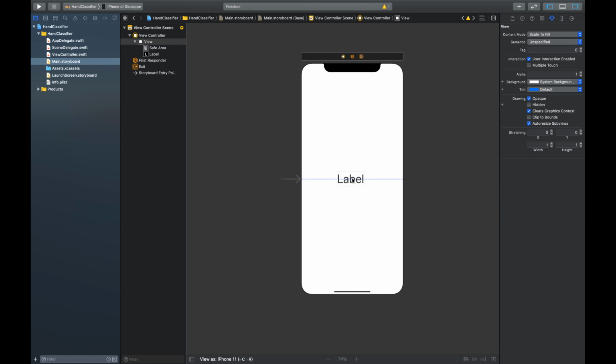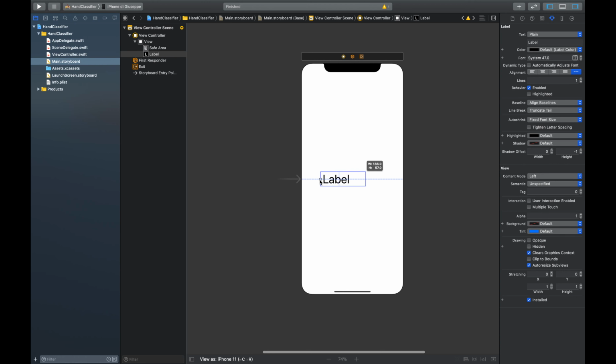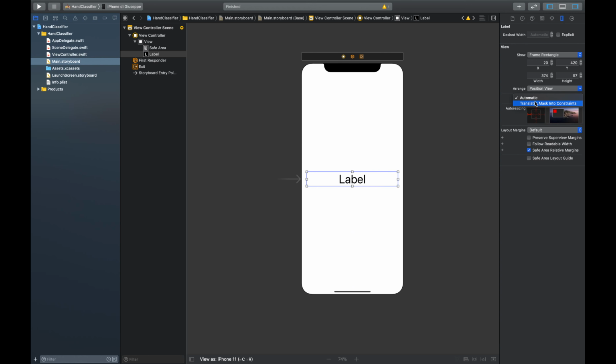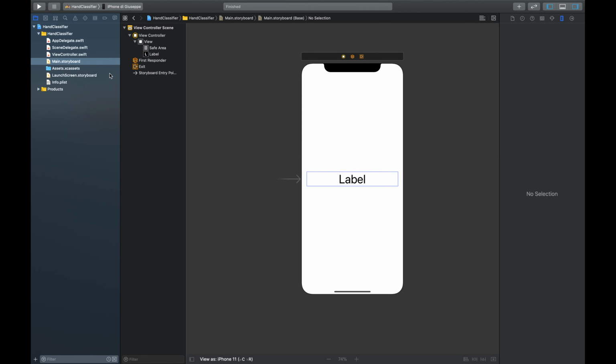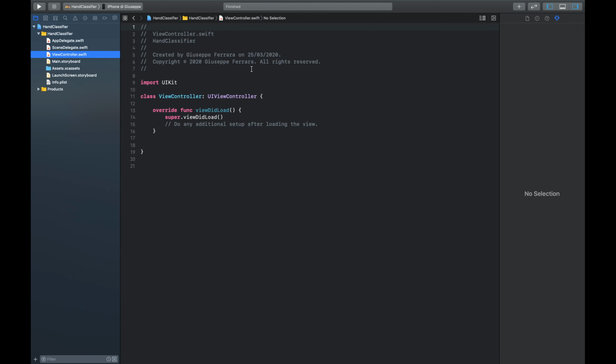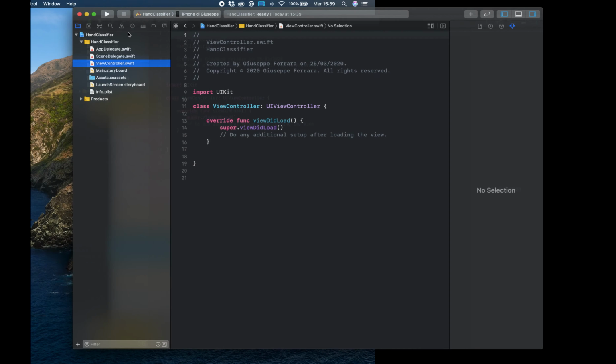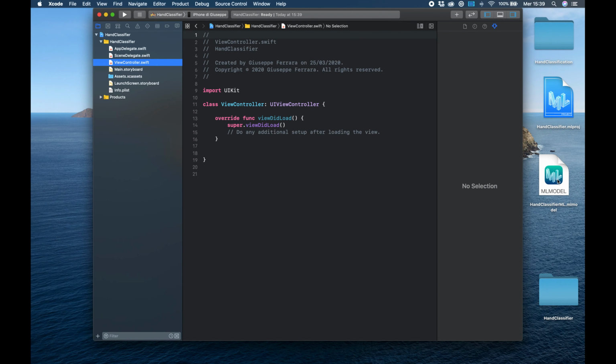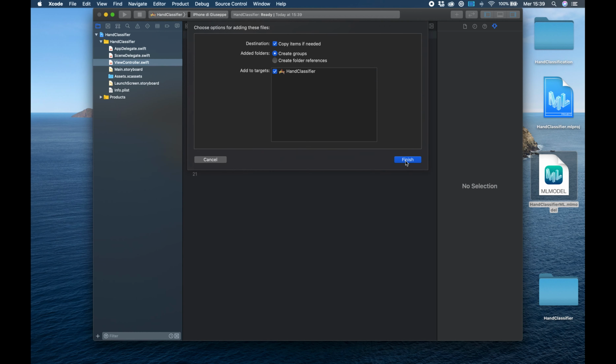We can center and make it larger. You can center the text and set translates autoresizing mask into constraints to off. Okay. Now we're going to import the model that we've created before, simply by dragging and dropping it